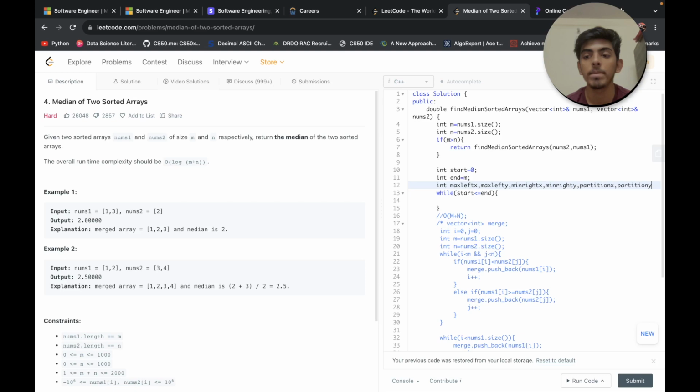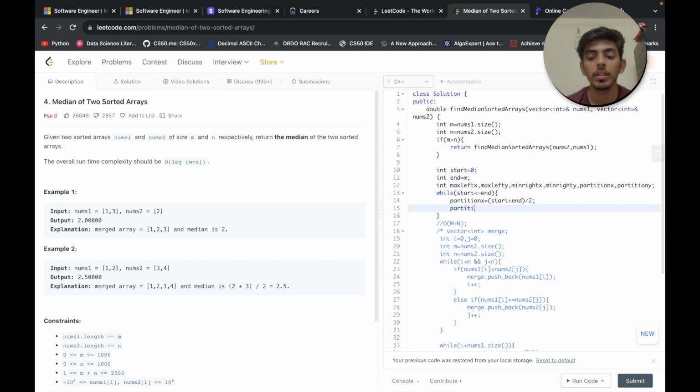And partition x will be like this, start plus end divided by 2. After that, partition y will be like this, m plus n plus 1, so that we will handle odd and even in one operation only.